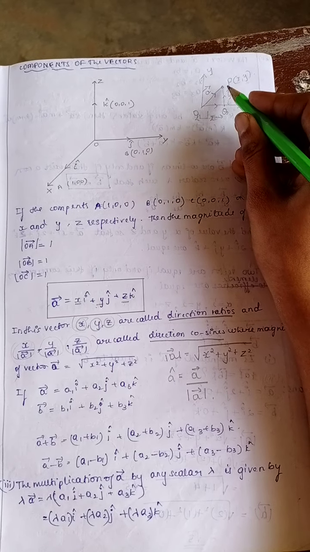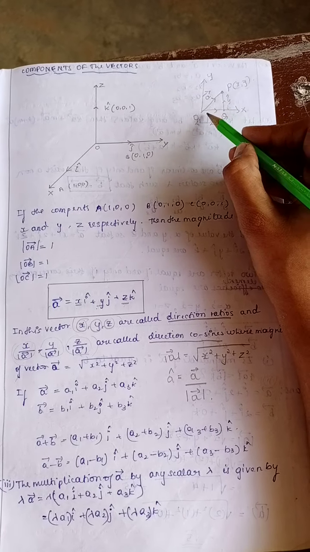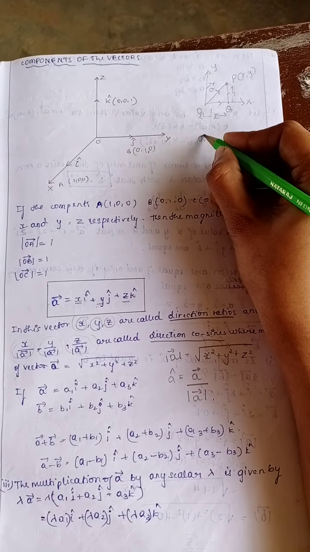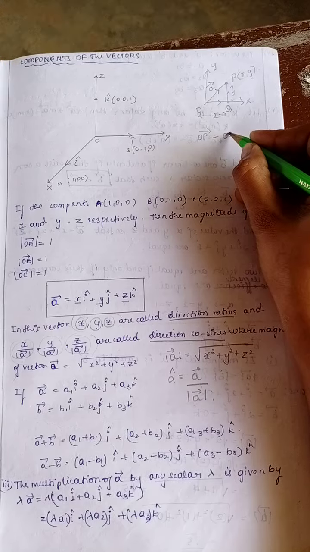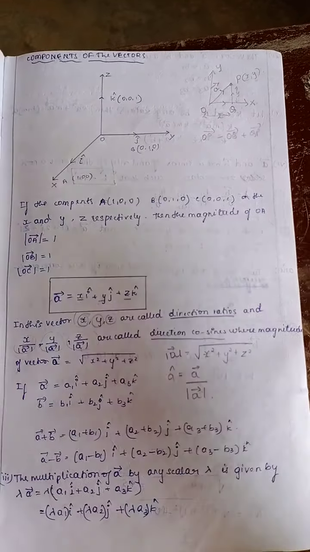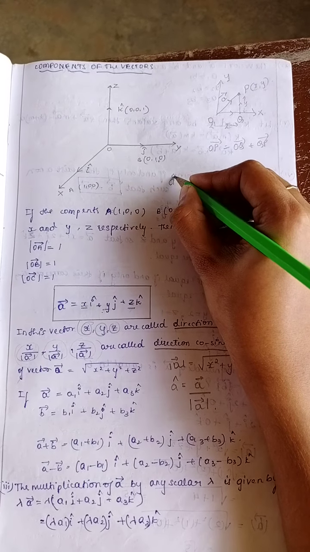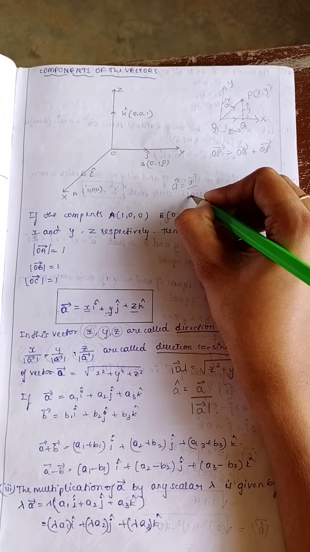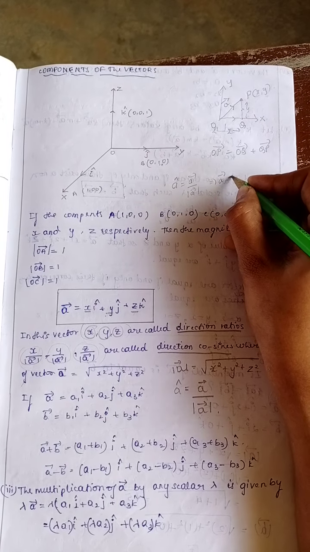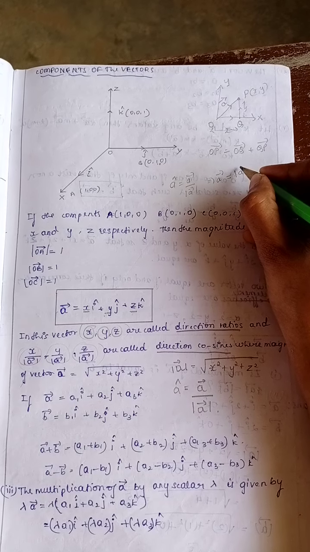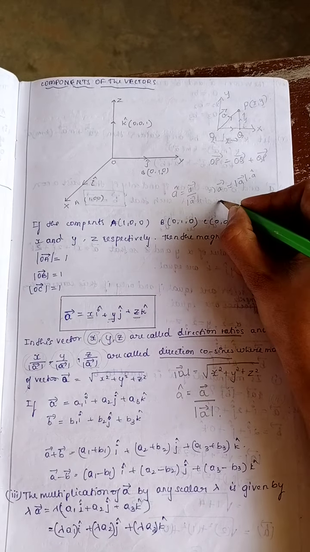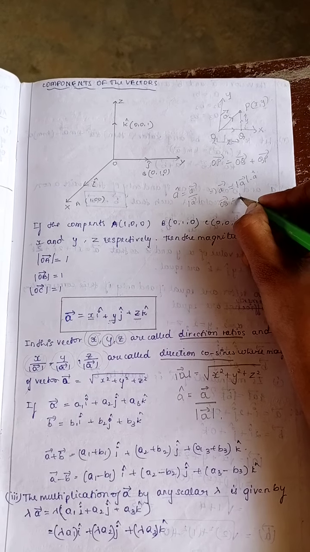Now apply the law of triangle here. Law of triangle, O to Q, Q to P. The displacement is OP. Therefore vector OP is equal to vector OQ plus vector QP. We know one formula, for a unit vector, A cap is equal to vector A divided by modulus of vector A, or the magnitude of vector A. This implies vector A can be written as modulus of vector A into A cap. OQ is a vector, then OQ can be written as modulus of